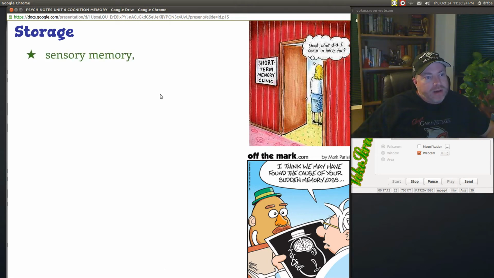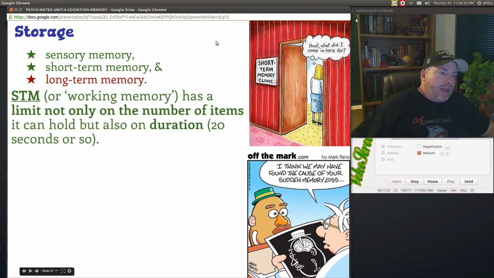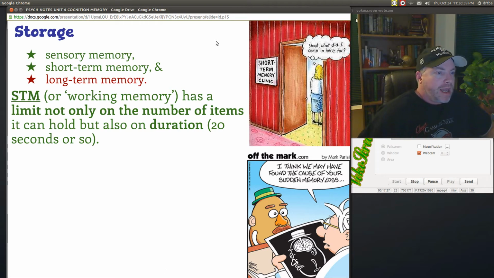And what we'll find out here is there are three types: sensory memory, short-term memory, and long-term memory. And a lot of us are kind of familiar with this. This is that SAM model again. But STM, or short-term memory, or working memory, has a limit not only on the number of items it can hold, but also the duration, which is about 20 seconds. And we've seen the story